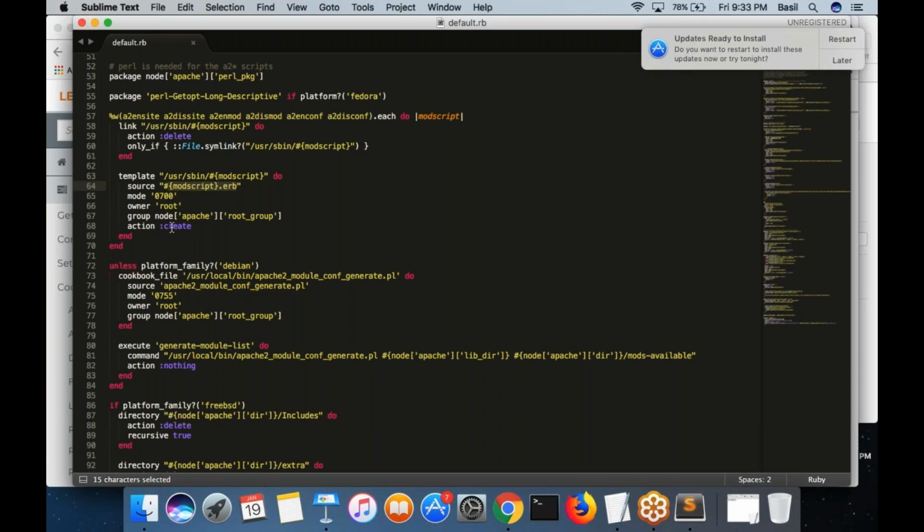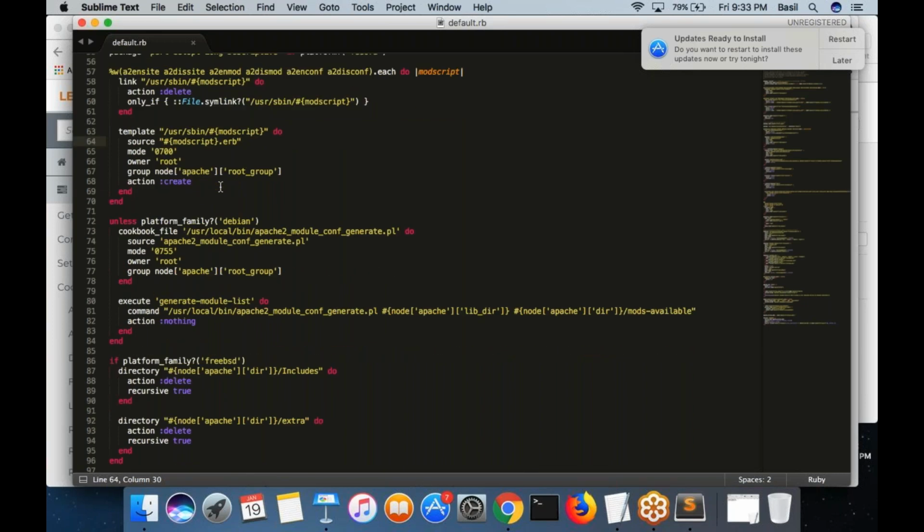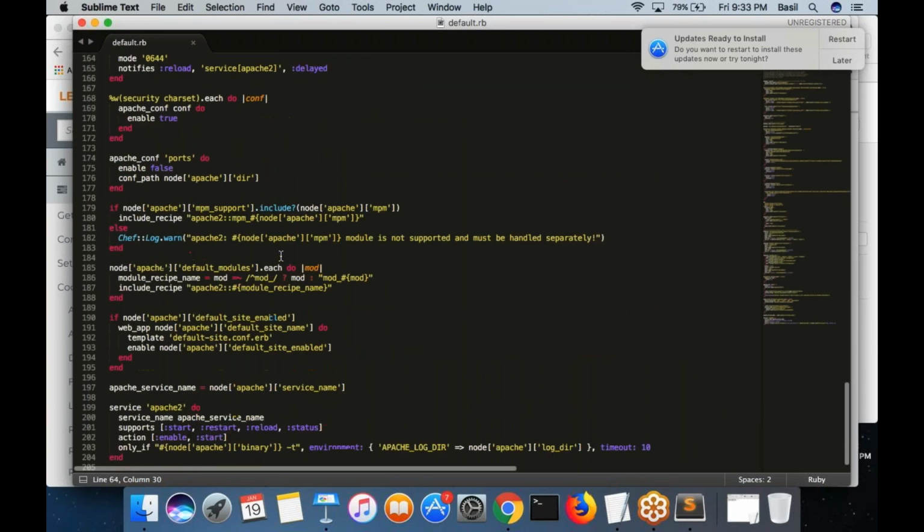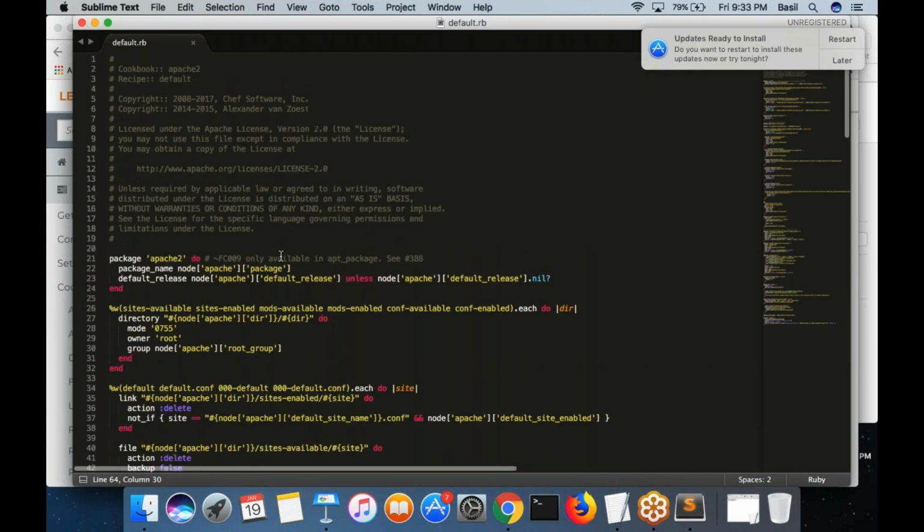For now, you need to understand that this particular block would delete the default binaries and then regenerate these binaries using some template which is there in the Chef, basically, right? That's what we are doing. So like this, you can have different resources within this recipe.